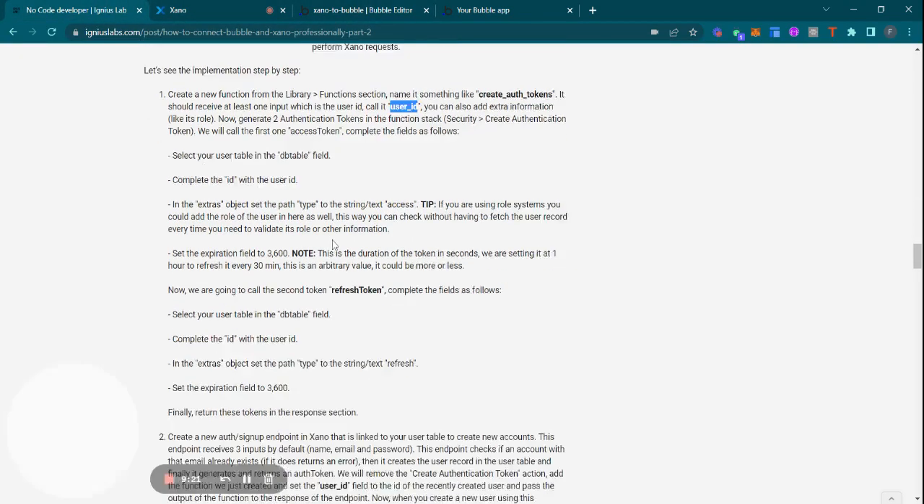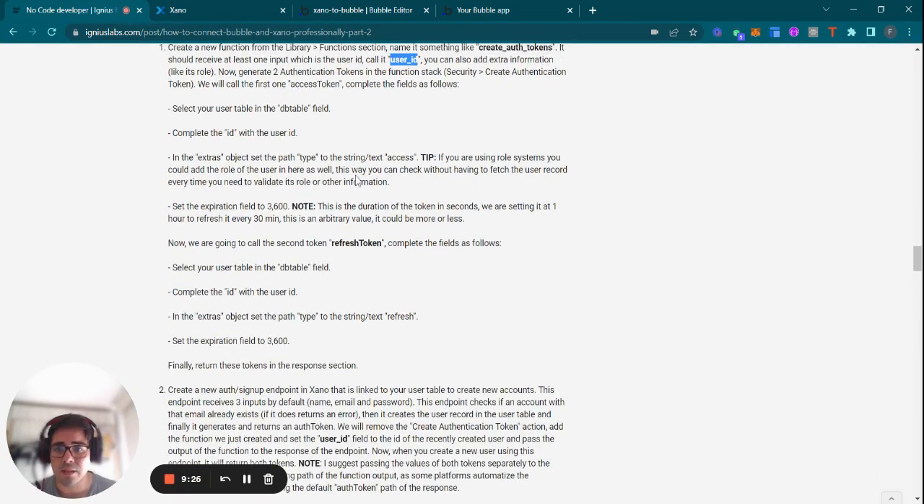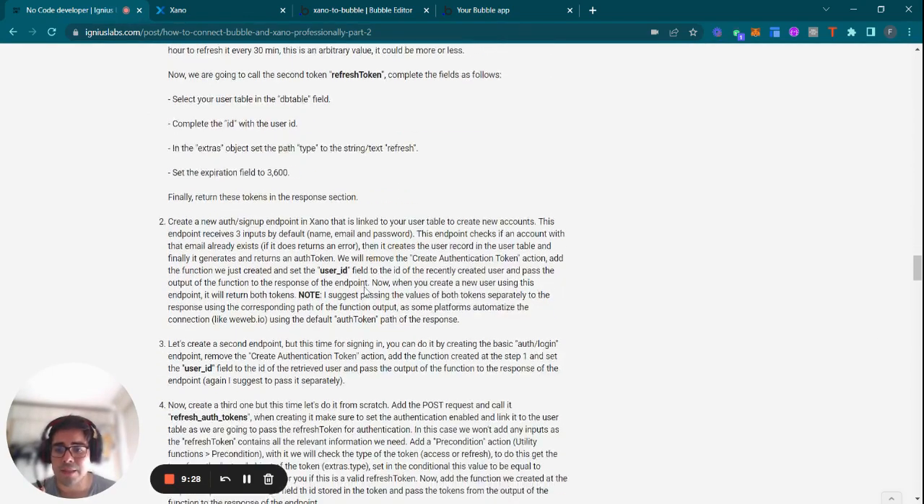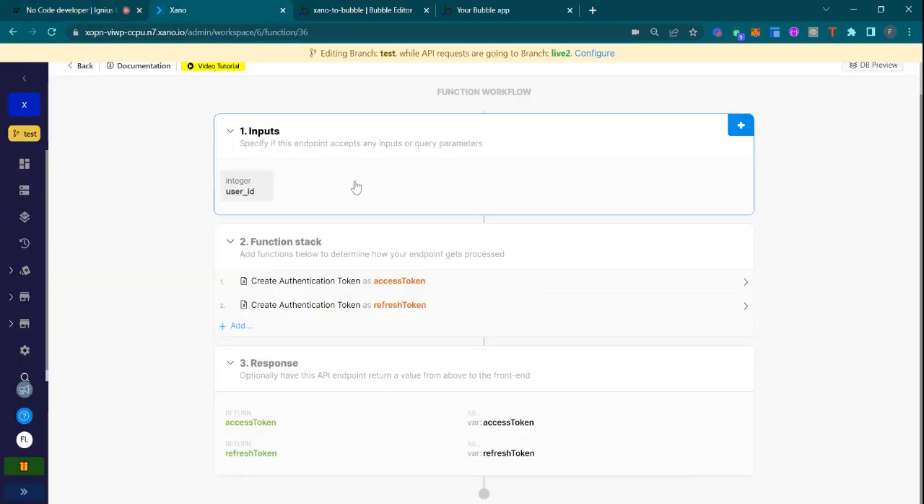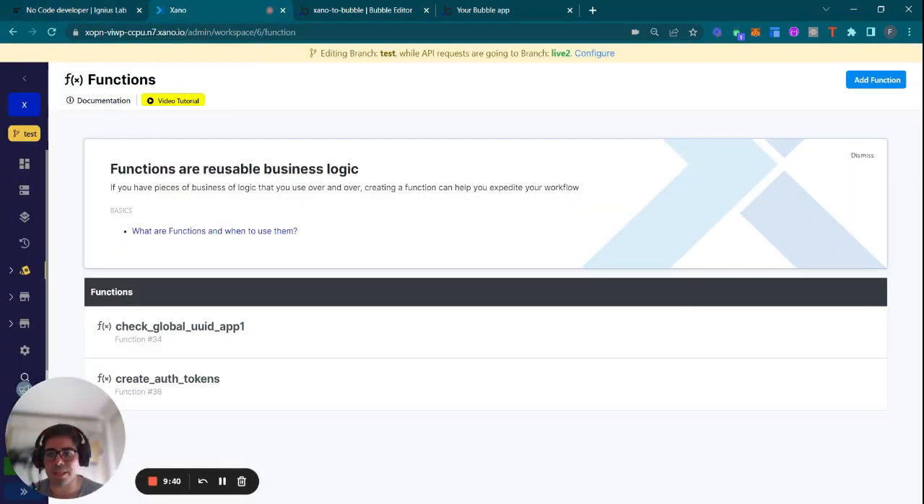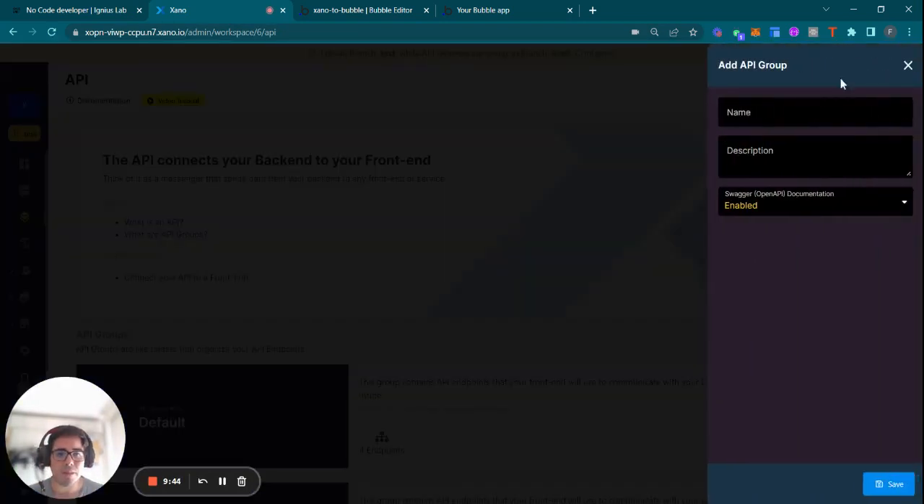So that's part one. We now have the refresh token and the access token, and we are returning them as expected. In the second step, we are going to create a new auth sign up endpoint in Xano. Let's use the default template, but I'm going to create a new folder, demo auth,